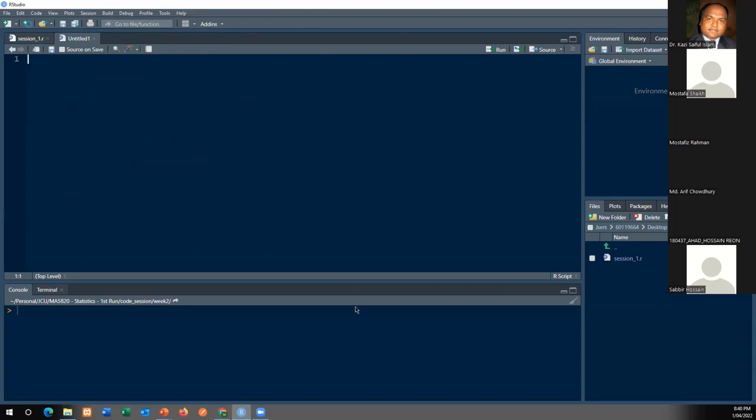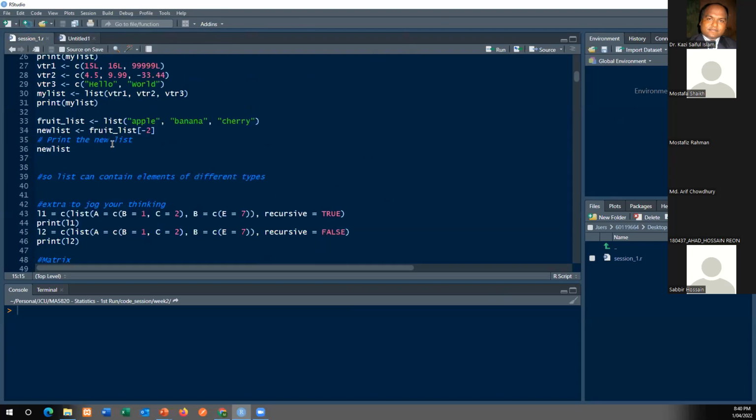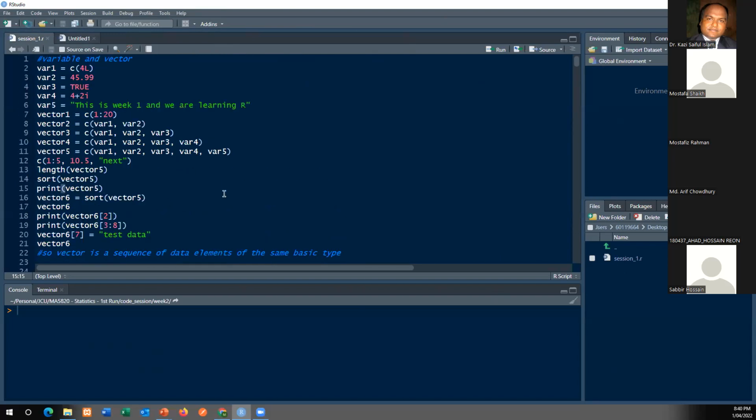Now, this RStudio is our interface where we can write our code. As I have written this code here, I will explain the code when I talk about the language details. But if I run this code, for example, this one,